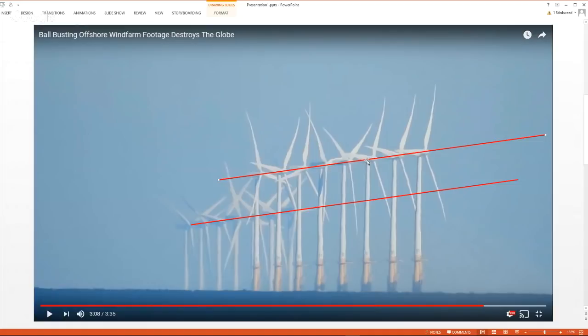Now, according to the comments that I've received, apparently that means that this has nothing to do with curvature. Well, here's the joke. First of all, the Barrow power turbines and the Ormond power turbines are not the same height. The ones in the distance are actually a good chunk higher, which is why I showed the dimensions a second ago. So let's go ahead and move with this.